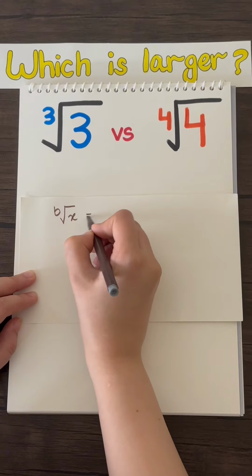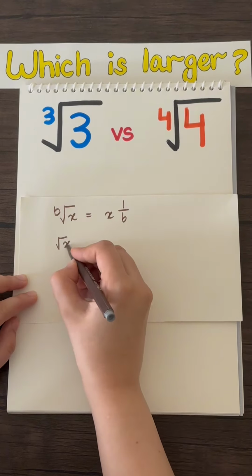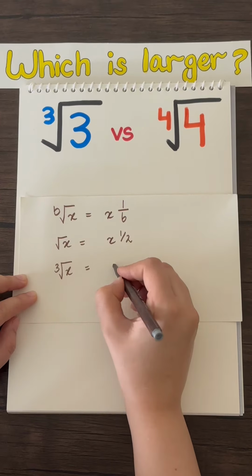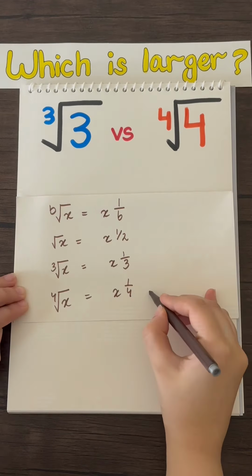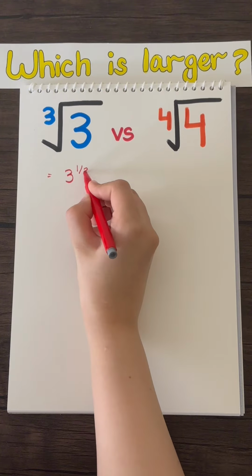The b-th root of x is equal to x to the power of 1 over b. So for example, the square root of x would be x to the 1/2. The cube root of x would be x to the 1/3. And the fourth root of x would be x to the 1/4, and so on. So we can rewrite the cube root of 3 as 3 to the 1/3 and the fourth root of